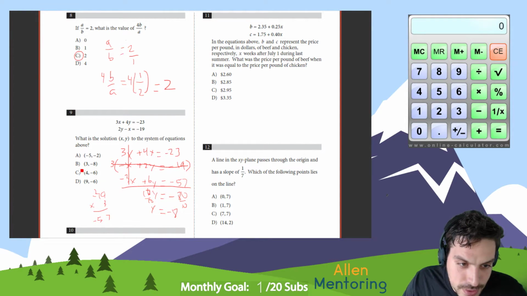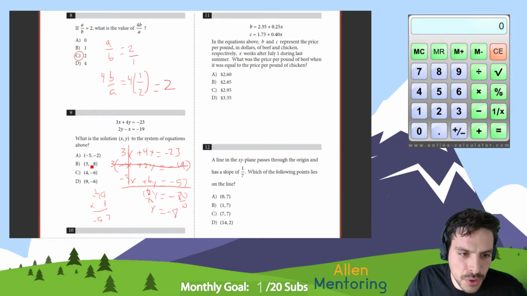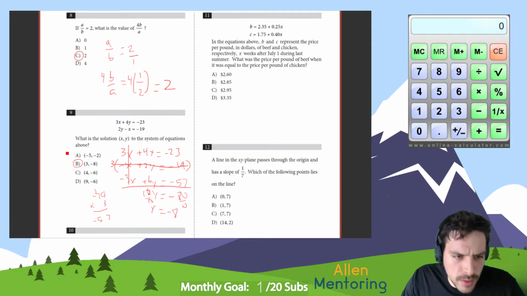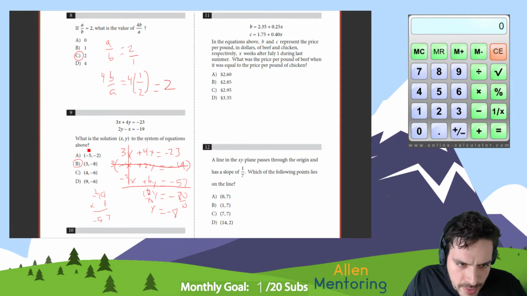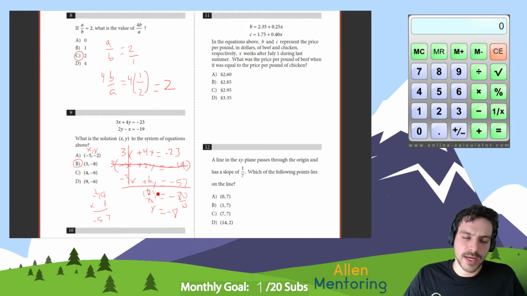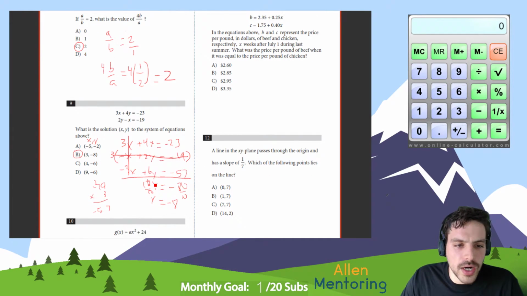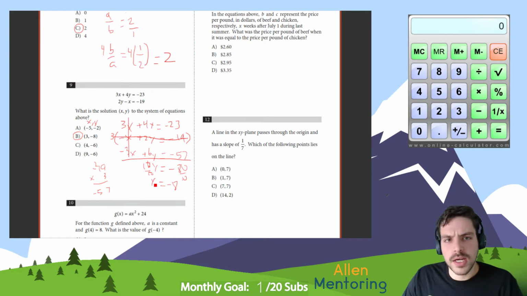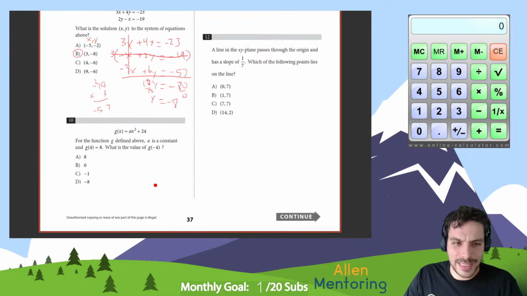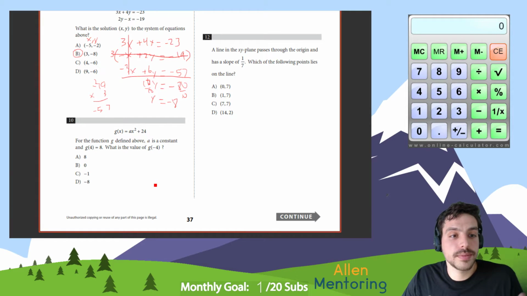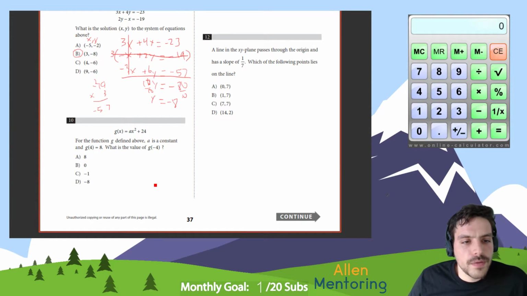And luckily, if you look at our solutions, B is the only one that has negative 8 for y. By the way, if these confuse you, these are just coordinate pairs. So this is x comma y. So the x solution is going to be 3 if we were to plug this back into those equations. That was a little bit long-winded, but system of equations is an important concept, and elimination is a very useful technique. 10. For the function g defined above,